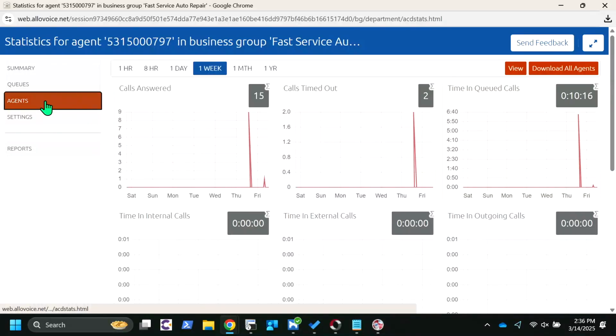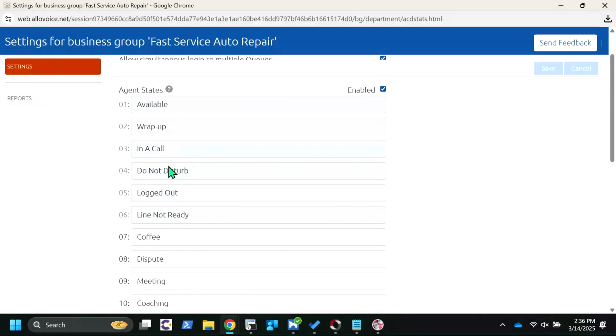Okay, admin, let's get down to the settings page, right? Let's get to some good stuff here. All right, these are the statuses that your agents can put themselves in at any given time. We haven't gotten to the agent portal page yet. The dark gray statuses are unclickable. These are system generated statuses that are going to happen at any given moment, depending on what the agent is